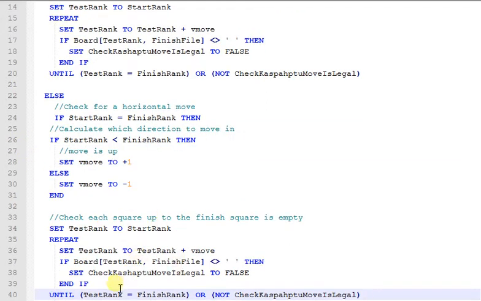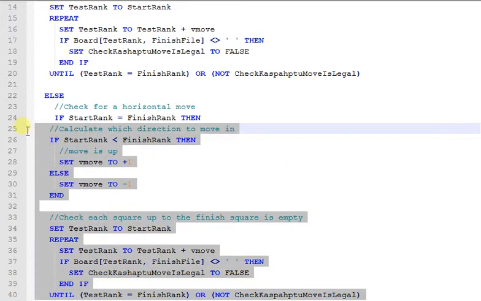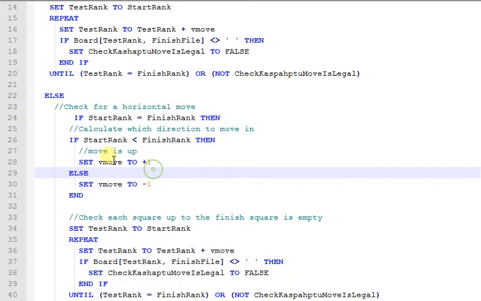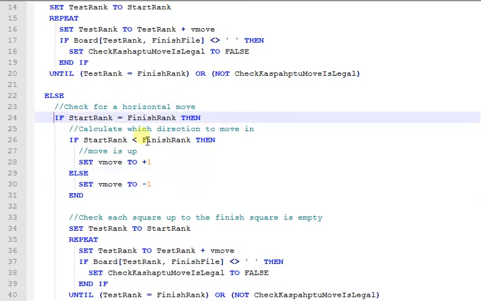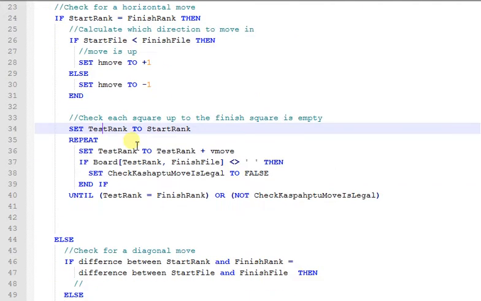But I'm going to make sure that it's going, there we go. Okay, so calculate which direction to move in. Now this time we've got to inspect the files. So if that is file, and I want to do an H move this time. Okay, make it a horizontal move. And when we check in the squares, we're going to have a test file and a test file here, and